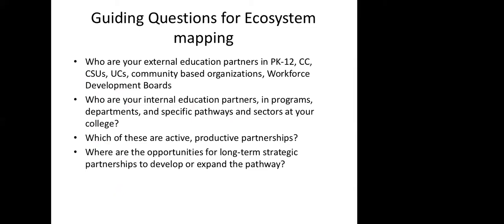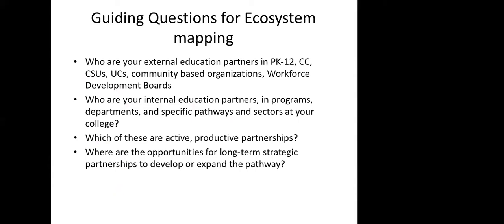And then which of these are active, productive partnerships? So as you start listing those partners or potential partners, you can start thinking through, okay, yes, I've done activities or have had agreements with these organizations. That would be an active partnership. Maybe it's a weaker connection that's not so much direct, and so that would be developing. And then maybe there isn't any connection at all right now, but there is potential for connection, and then